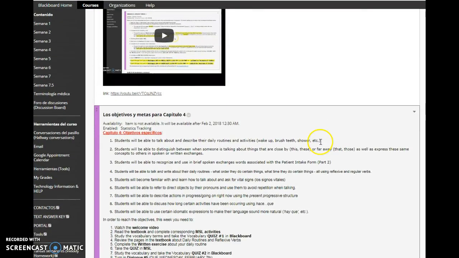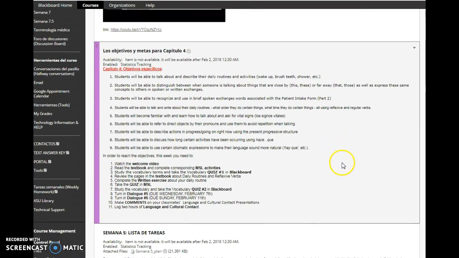The objectives and goals. Okay, you're going to be able to talk about and describe daily routines and activities, be able to distinguish between when someone is talking about things that are close by or far away. Okay, be able to recognize and use in brief spoken exchanges words associated with the patient intake form part 2. Students will be able to talk and write about their daily routines, what order they do certain things, what